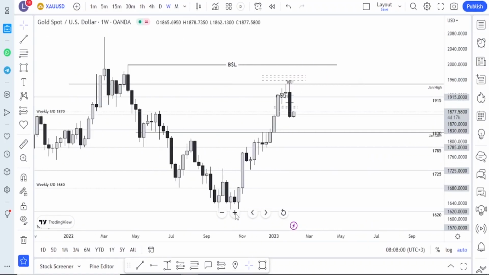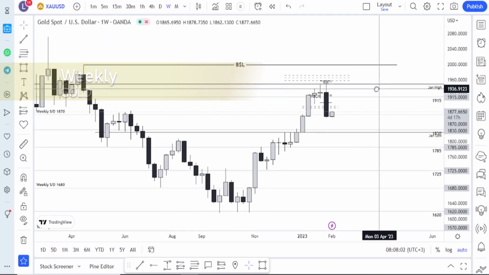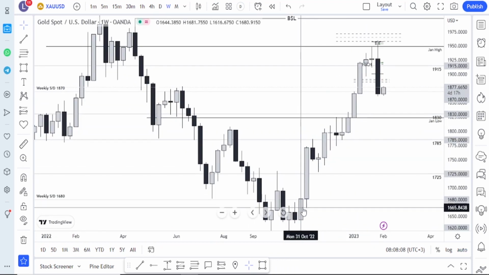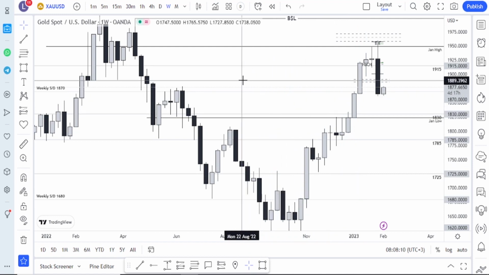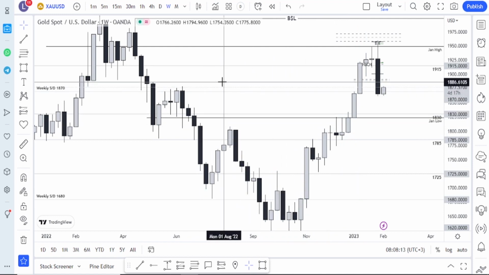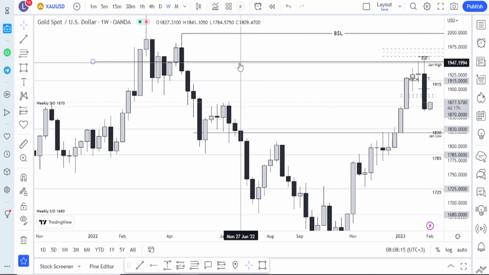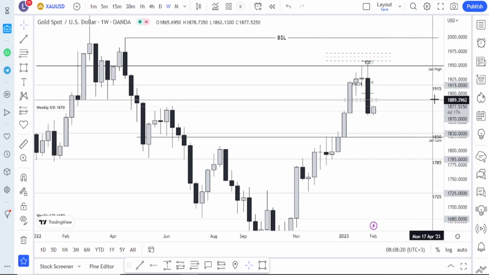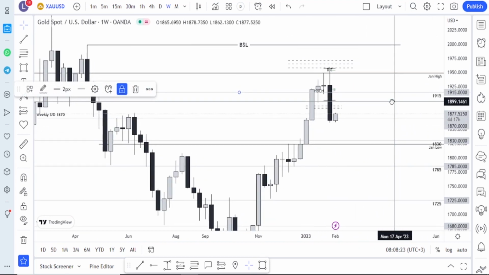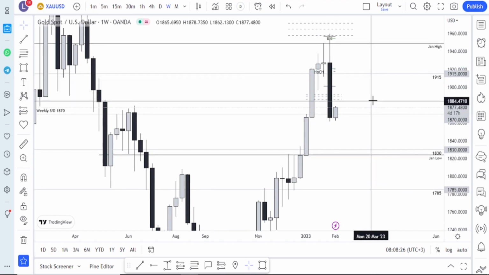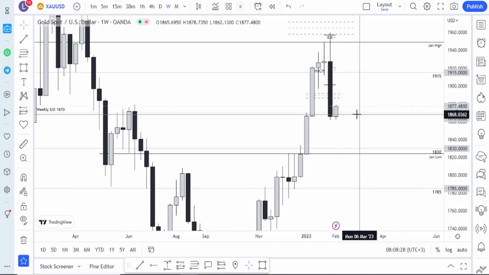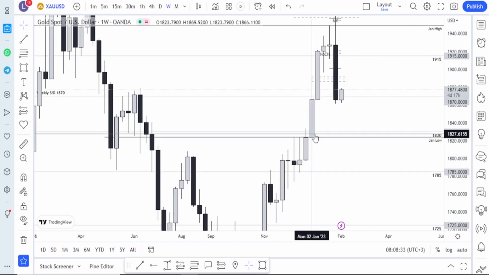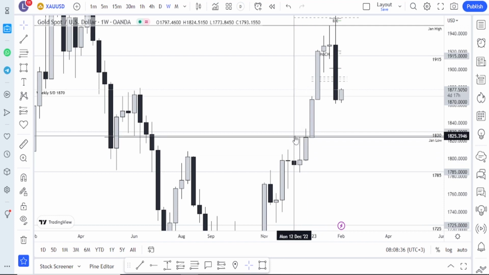On gold, if we start on the weekly, you can see that price has been in a bullish run since October 2022. It's taken out all the buy side liquidity and has filled out this imbalance fully, and then it has formed a very large engulfing candlestick on this level of supply and demand. So I'd be more inclined to sell this market than buy to at least this 1830 level, considering that's where